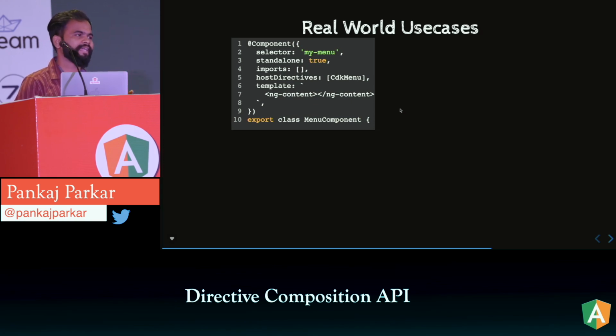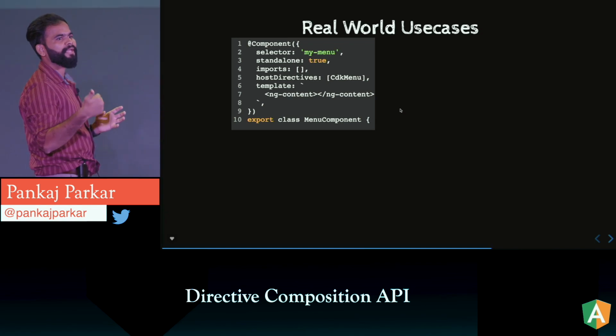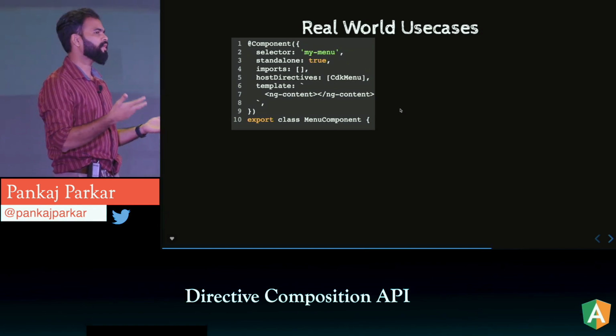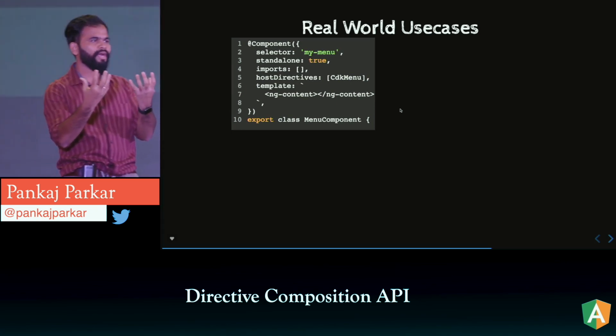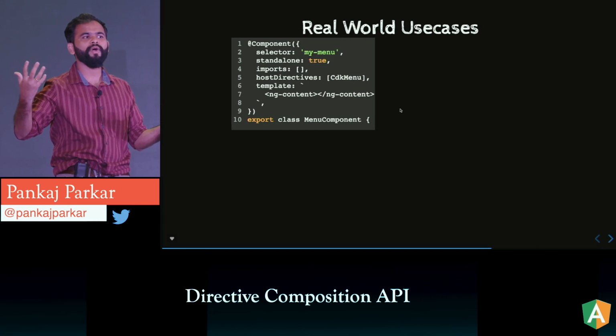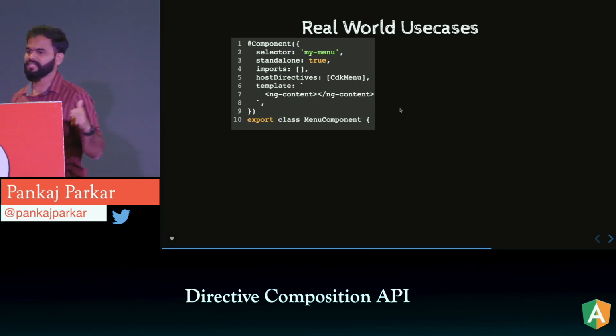What is Angular CDK? Angular CDK has some base components like menu, then table, then select menu, and there are so many things. They provide a bare bone of components, and you can create your own UI library on top of it, right? So for such kind of scenario, it really shines.